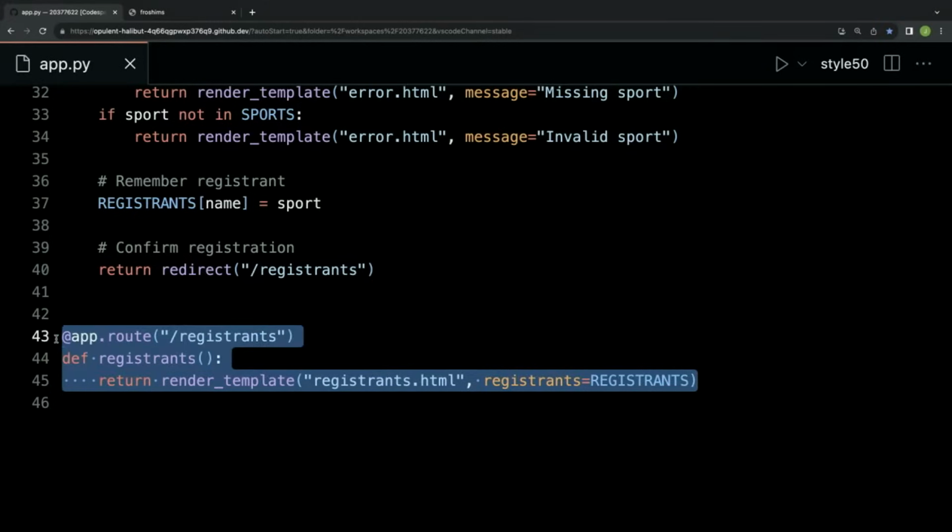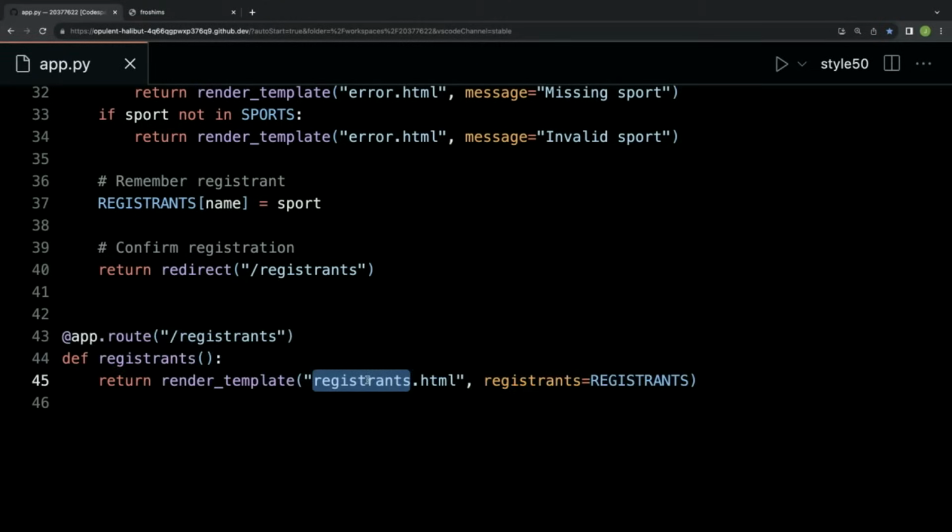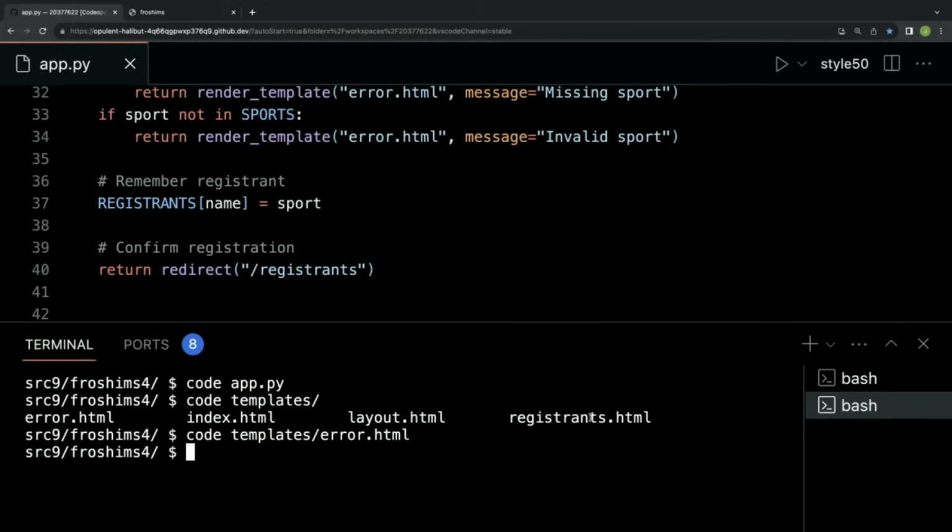If I look at this pre-made route, as you will too, as you look at code that's been written for you in the weeks to come, well, this sort of invites me to look at registrants.html. Why? Apparently, this registrants.html template is being passed this global dictionary. How might I use that? Well, let me go into the VS Code terminal. Let me take a look at